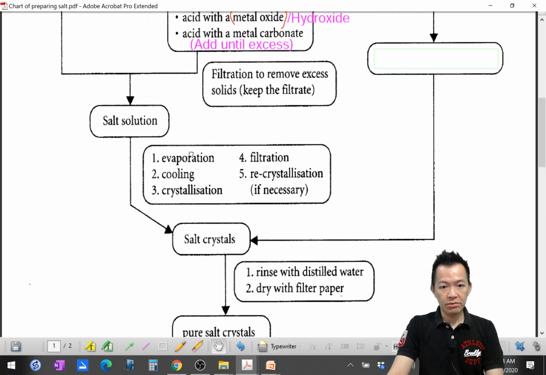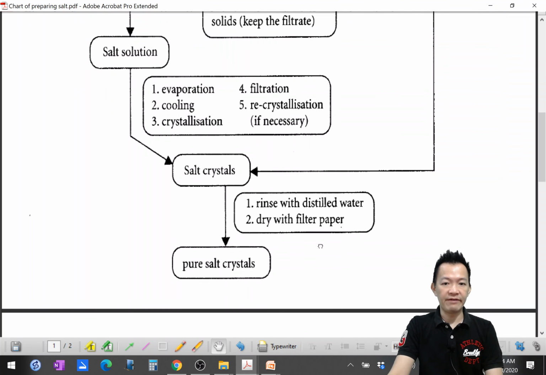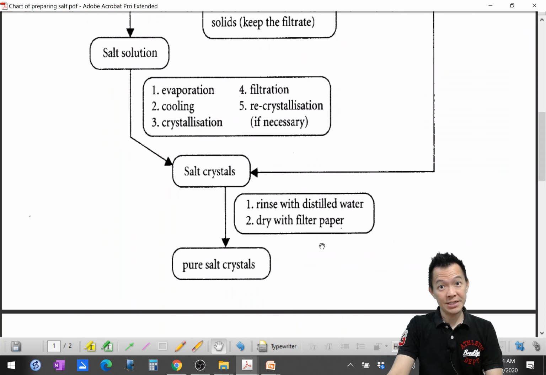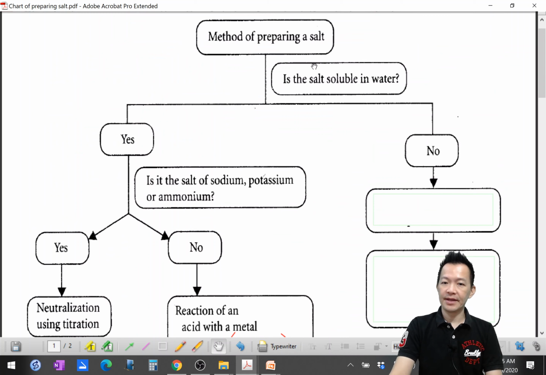Heat to 1/3, 对不对。Cool to room temperature to get the crystals, filter the crystals. 然后如果有需要，重新再做水晶，清洗多几次，用水冲，dry with filter paper 一样的，是不是？